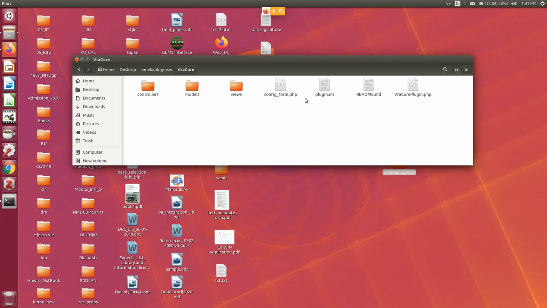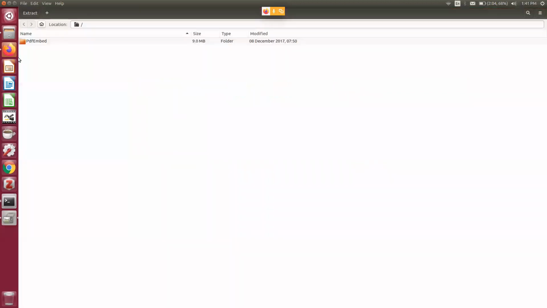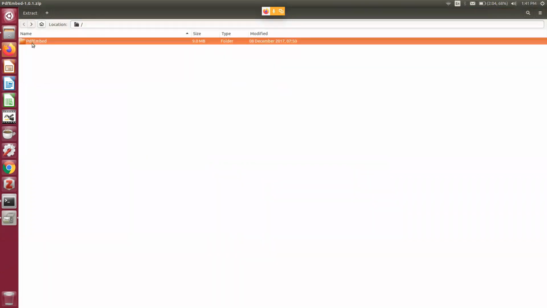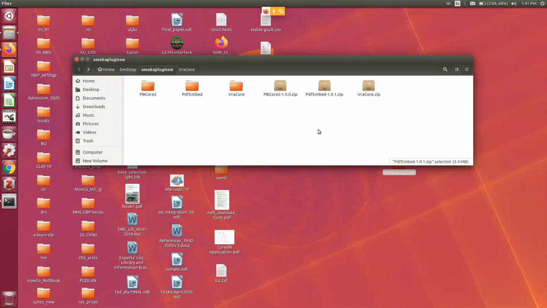But in some cases, this particular zip file may contain another folder under it, and under that folder it is available. So in that case you need to go to the deeper level. The formula is that you need to check where is your plugin.ini, in which folder it is available. You need to copy that folder. If plugin.ini is available one level below, then you have to copy that one.